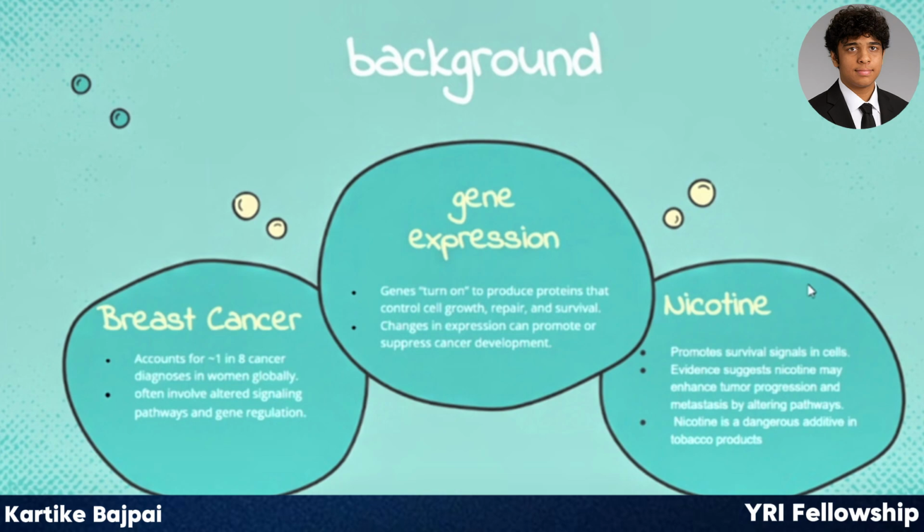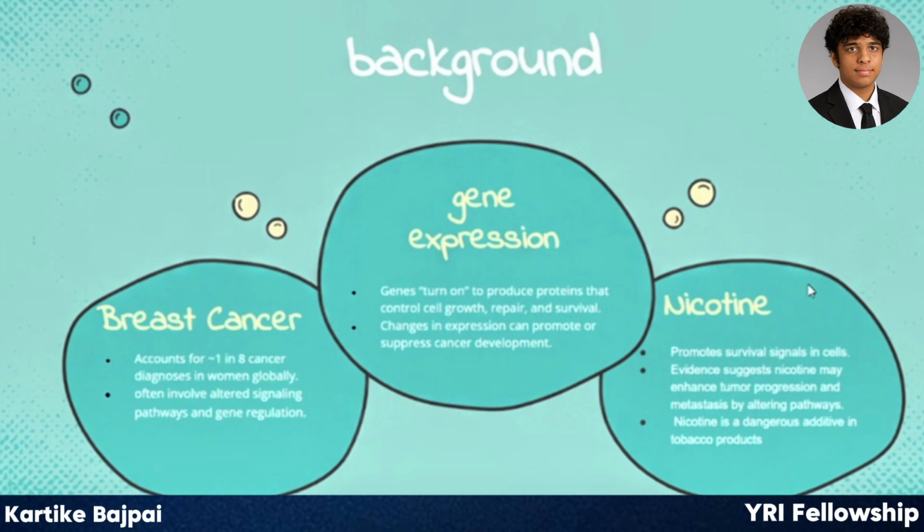Gene regulation and expression can promote or suppress cancer development. Nicotine is a dangerous additive that's used in tobacco products, and evidence suggests that nicotine may enhance tumor progression and